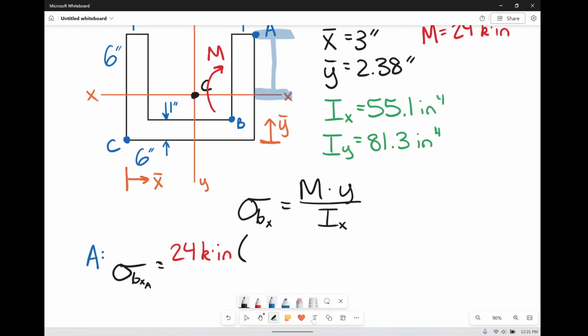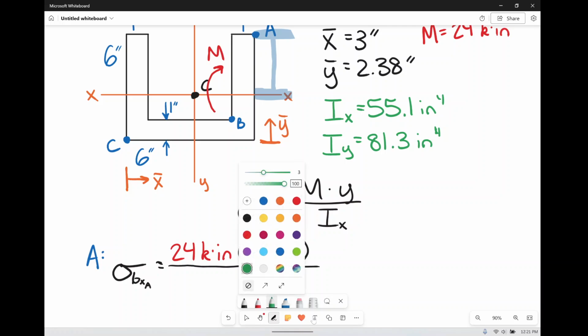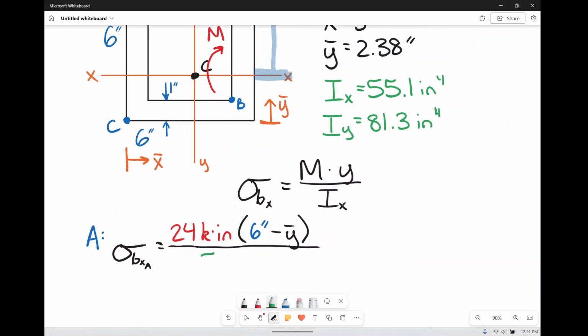So I have a grand total of 6 inches of total height, and I'm going to subtract off y bar, which was 2.38 inches. And then divided by I, again, this is Ix, because we're bending about the x, so 55.1 inches to the fourth. And what we're going to find is 1.58